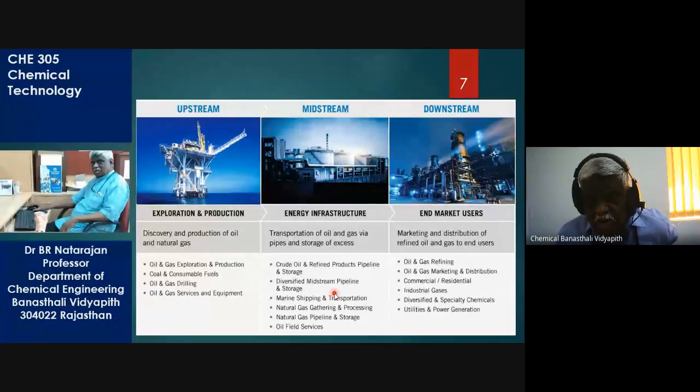Remember, from Mathura you have a pipeline which takes petrol and diesel to Delhi, right? So finished product goes there, right? So you have pipelines not only to bring crude oil from Gujarat to Mathura, but also to take from Mathura the petrol and diesel to nearby states, right? So the midstream handles both ends, right? So this is midstream. Then comes the downstream. Downstream is where the crude oil comes to the refinery and becomes finished products, right? So that is downstream, right? So upstream, midstream, downstream. We get going.